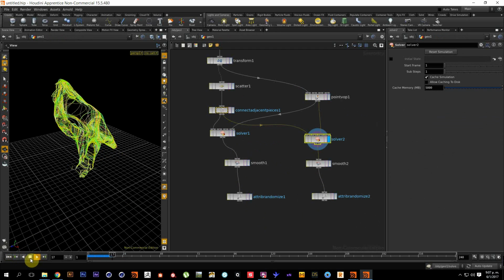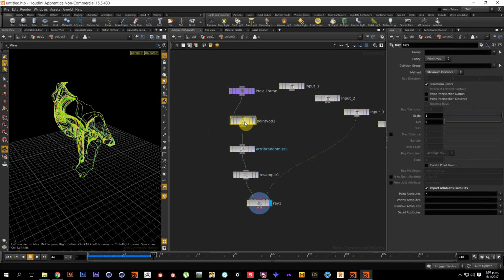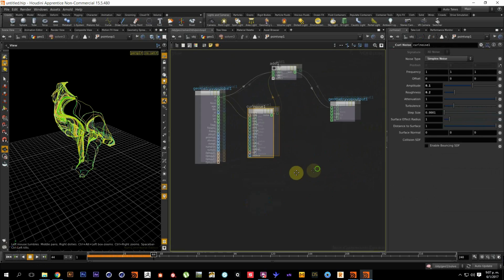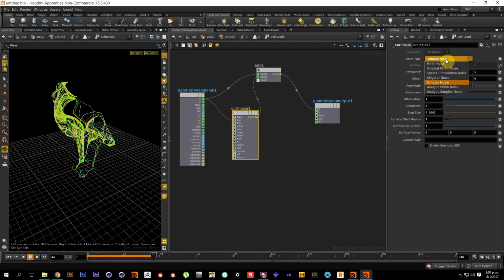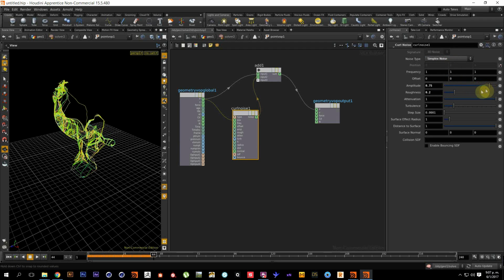If we hit play now, you can see that the effect is following the geo. So smooth, attributes randomized. So we now have two different colors. So we can change, for example, go to the solver, point pop, and change the parameters. So we get a different effect,